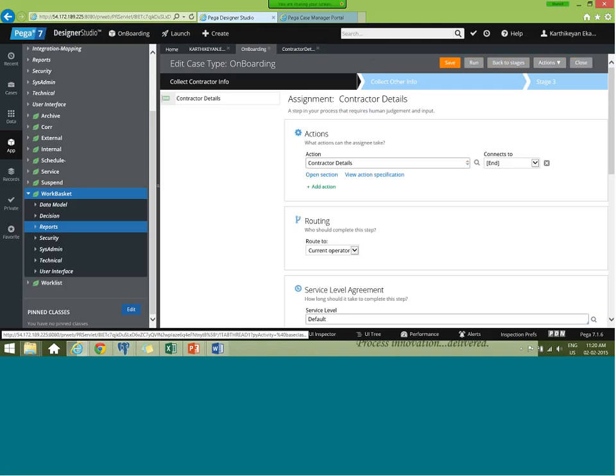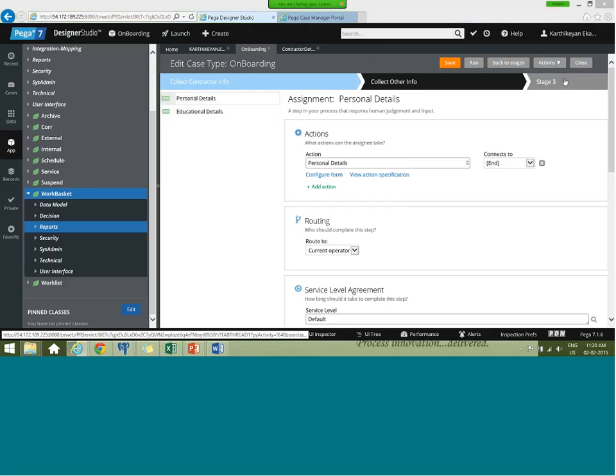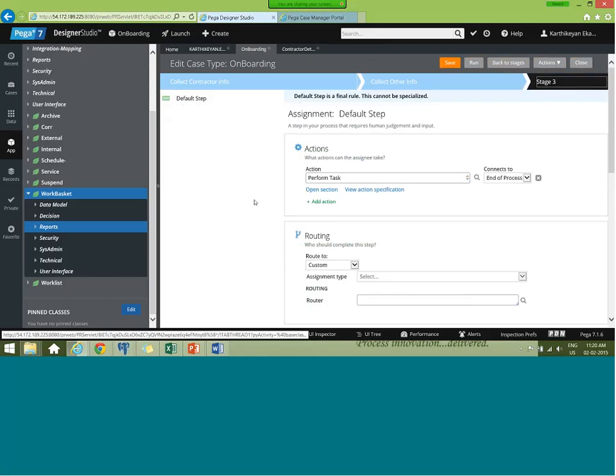You see all my details will be coming over here, and when you are doing this, you will see only the particular stages. Take an example, if you are looking for primary stages, it shows only primary stage information, 1, 2, this is my next stage, right? Collect other info and then stage 3. And in case I'm opening exception where there is alternate path, it shows only alternate. If I go here,